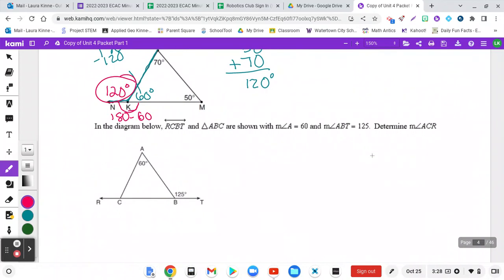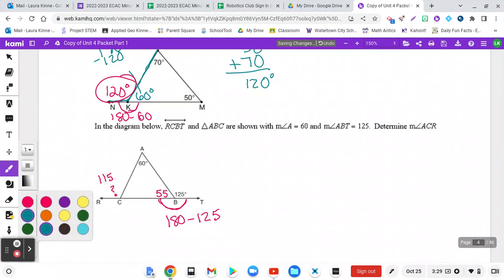All right, last example. We're looking to find the measure of angle ACR, which is out here. Well, we got to get over there first. Well, right here, let's get into the triangle. Got a linear pair, 180 minus 125. To start is 55. And I know by my rules, 60 and 55, this is going to be 115, but let's see why, okay? So 60 and 55, if we add those up,